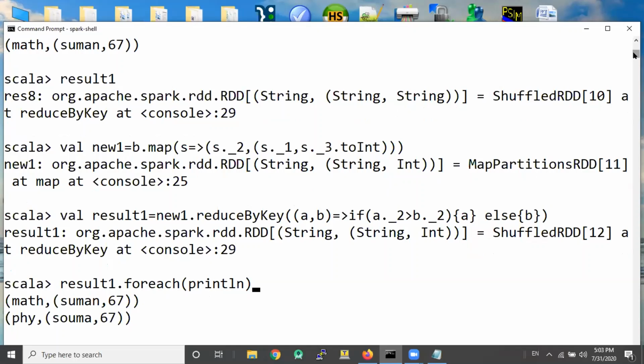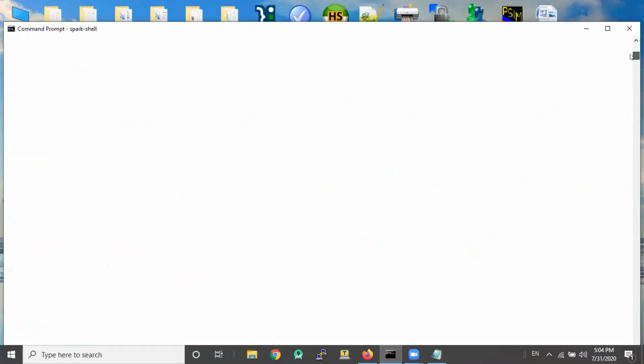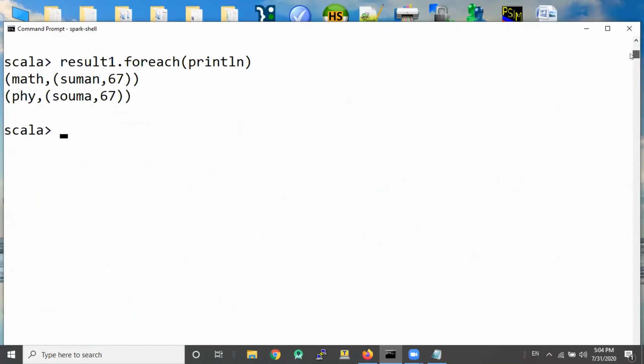Okay. Now let's do one thing. Let's open out the inner tuple and print the name of the subject and the gold medalist in the subject. So let's do it here. Well, res2 equal to result1. This is a simple map, dot map. I'm doing this basically to show you how we break an inner tuple outside.